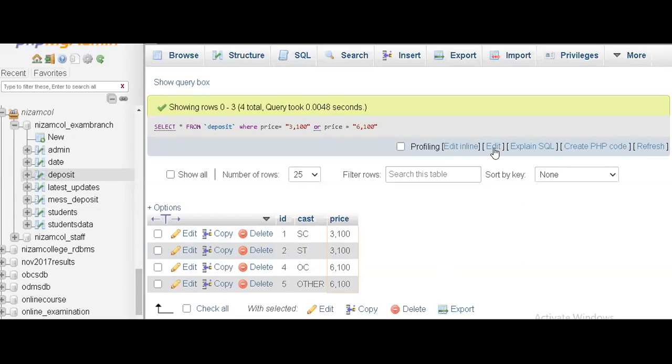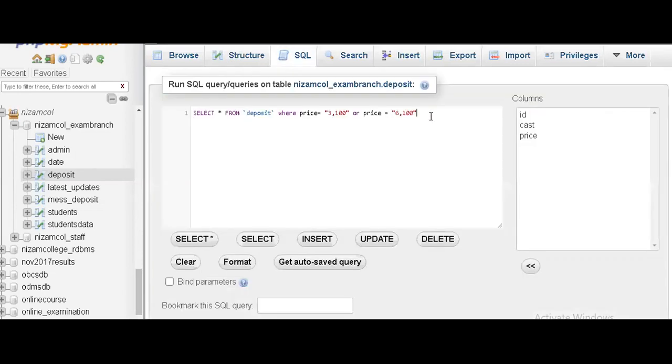So I'll be saying whose price is 3,100 and price is this one, and I'm saying caste is SC. So it can be price 3,100 or it can be price of 6,100, but caste is SC.